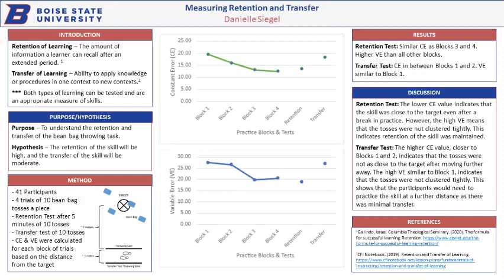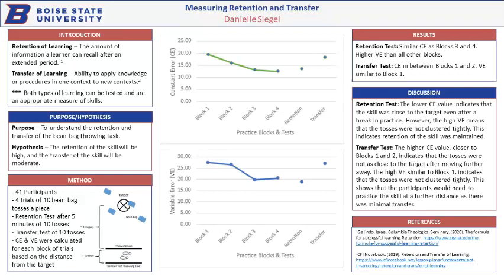Retention and transfer are very important aspects when it comes to learning. They are also necessary to determine how well someone can perform various tasks. Retention of learning is the amount of information a learner can recall after an extended period. To test retention, the period of time can vary between a few minutes to a few years, depending on the